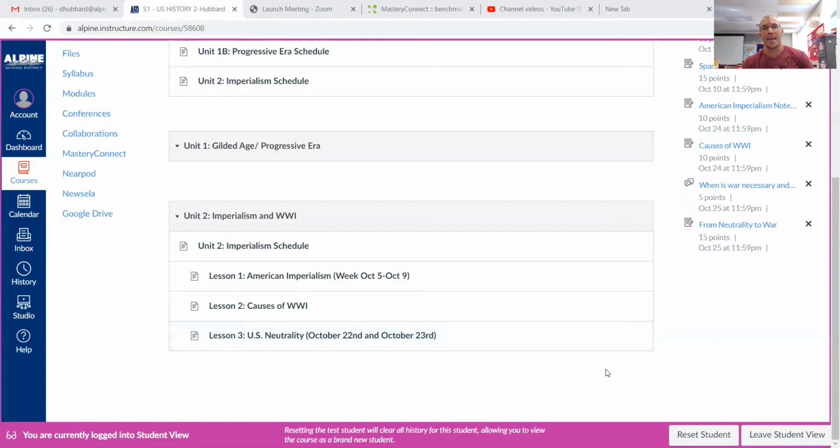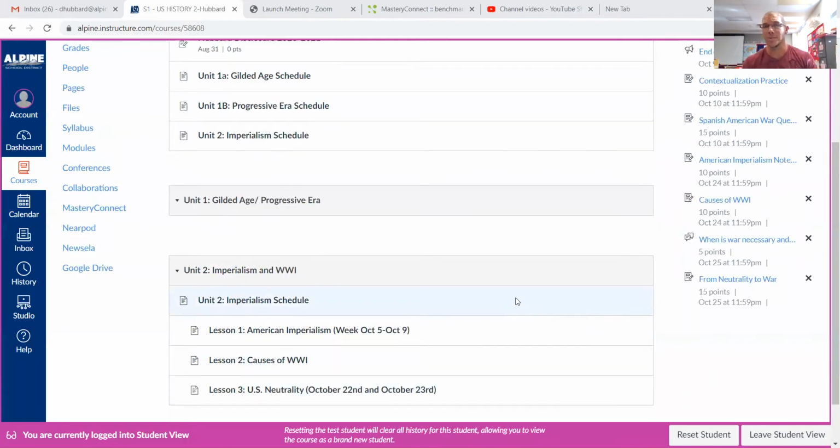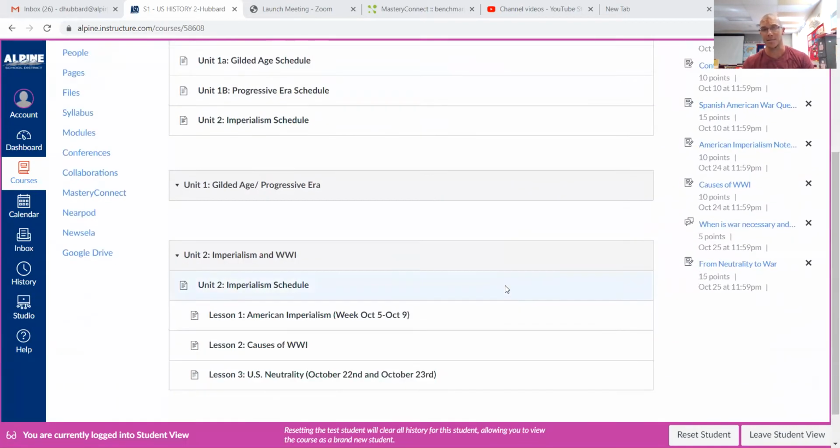Few tips for you, not only online students, but all of my students, especially if you miss days during the second quarter. I noticed there's been some confusion on, well, what assignments do I do if I miss the day? Or what assignments are we doing this week? And I notice a lot of you like to click on that assignment tab, but I think you'll be a lot better off if you do as I'm doing right now and just follow the homepage. So this is what your homepage on our Canvas site looks like.